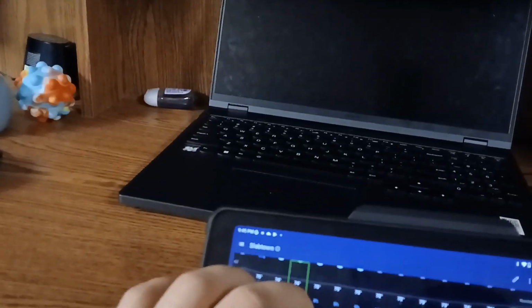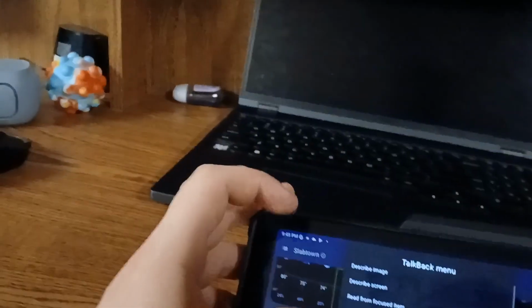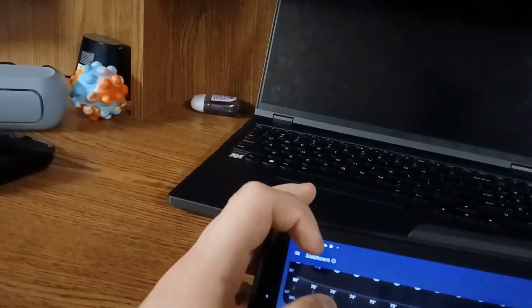So that's very convenient to have. And it also has just image descriptions. So if I just describe image,